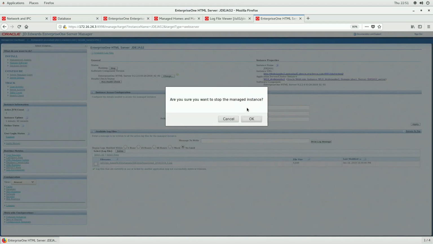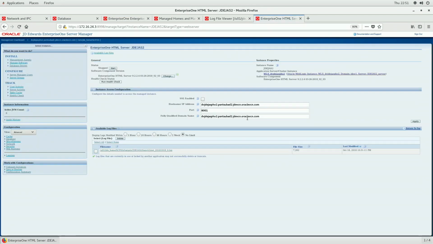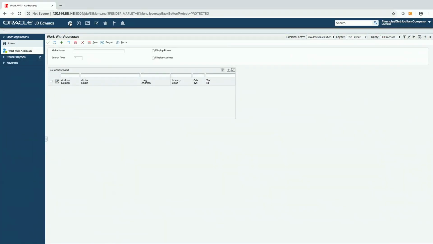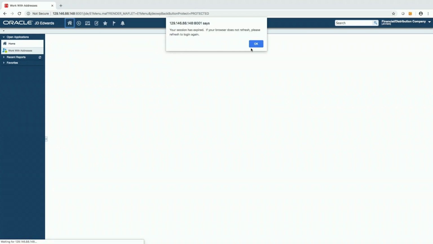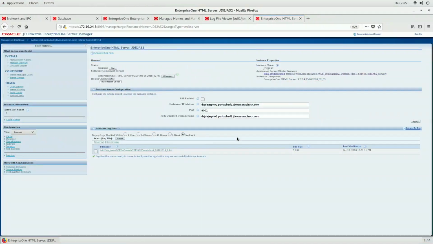I'm shutting down JAS2, which is my current JAS server, and I would expect connections to come up on JAS1 as the main prime server, just to demonstrate that everything is working as desired. Let's see. I would expect to be signed out because my Jazz connection is now being established to a different Jazz server, Jazz1, and I should see all those connection strings populating into the log files of